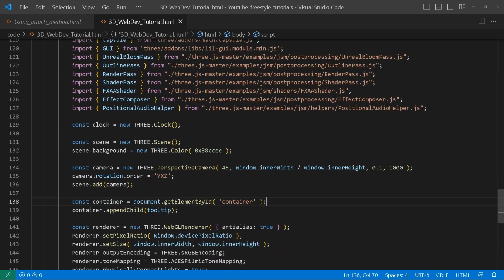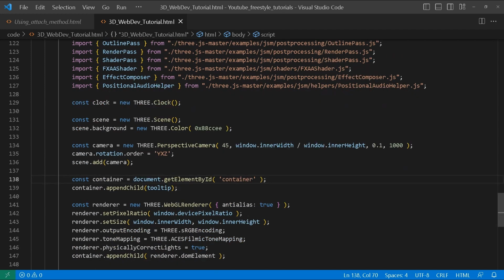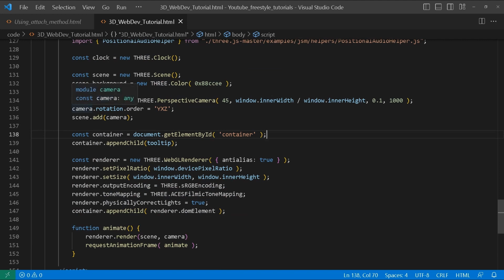And once again, we've got our basic setup. We're going to be using a clock, so we'll have a clock, then we create a scene using THREE.Scene. Then we give the scene a background color of this, and then we're going to create a perspective camera. We're going to give the camera a rotation order of YXZ. This is so that when we use the pointer lock system to rotate the camera as we move around, it follows the right rotation. In order to explain this is kind of a long topic. I don't want to go off on a tangent since I want to make this as short as possible but still concise. So just follow along and just make the order YXZ, and then we'll add the camera to